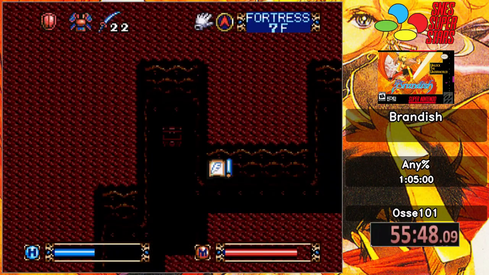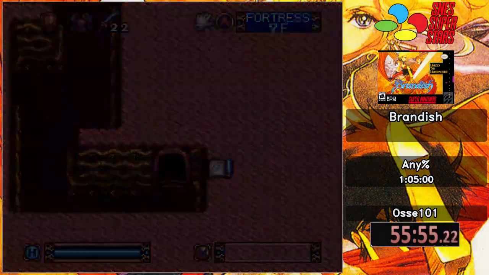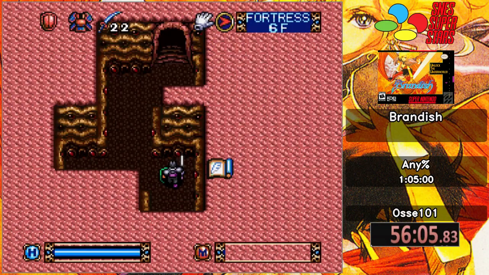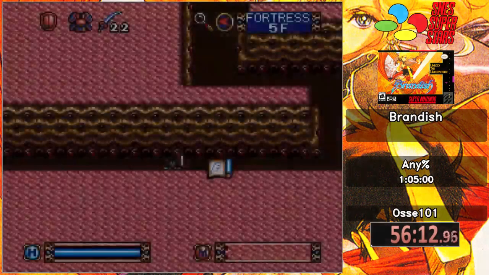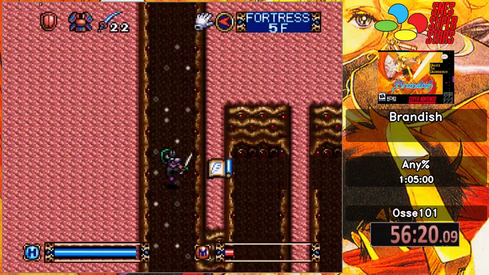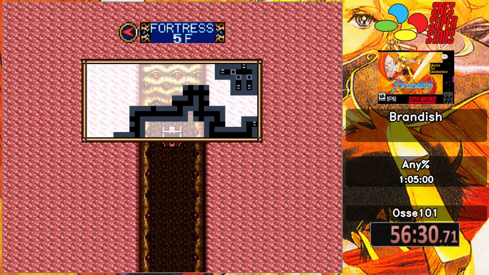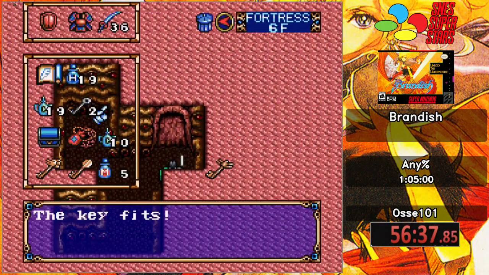And then this section is just going up and down some floors. I gotta get... It's 4 keys for the end, and I need 2 more keys for this part right here. 5 keys total. I think I said more than that. But the true difficulty of this section is all the false walls. That one, and